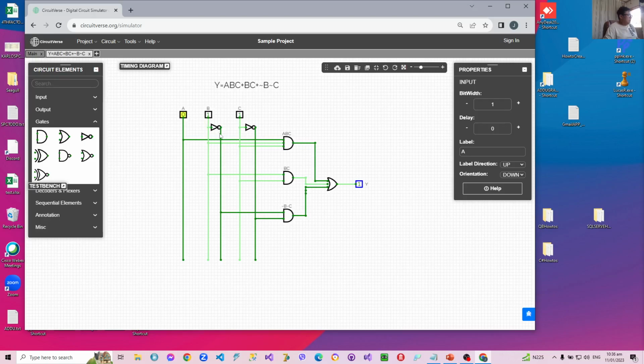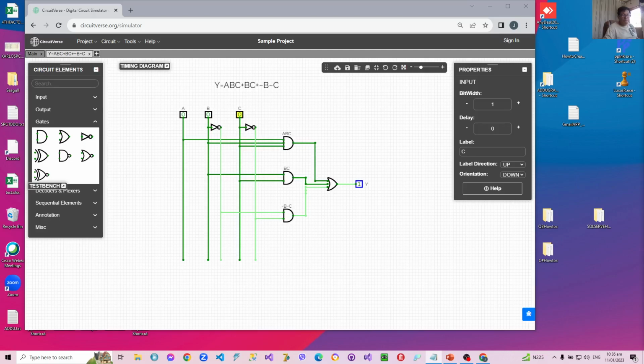Can we try a NOT B? 0 and a NOT C. That's also 1. So now we have created a circuit. We can actually also use this to construct the truth table itself, like by doing a binary count. But before we do that,